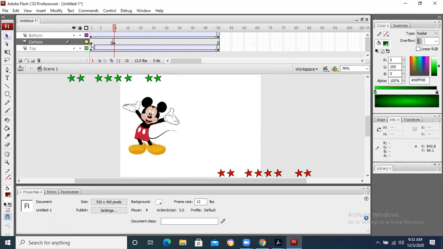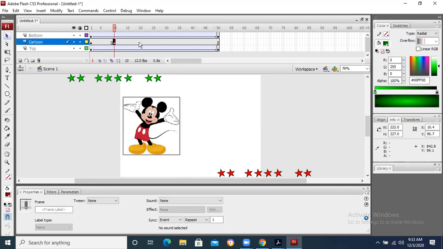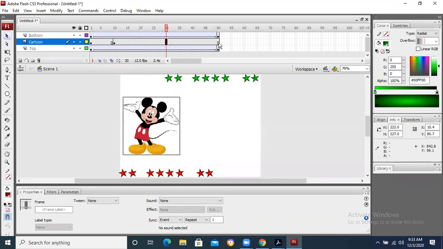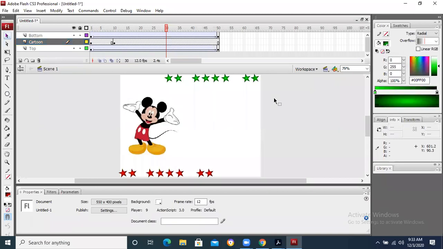What I have done is taken it from frame 1 to frame 20. If I want to see it for some more time, I can extend it to frame 20 or 30 or even up to 50, depending on my requirement. So now if I run it,